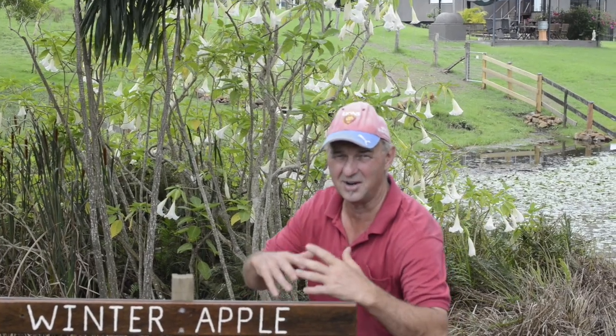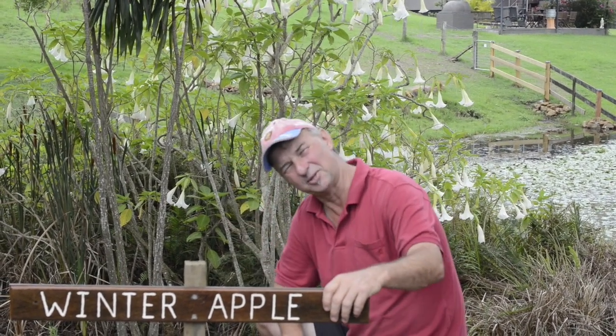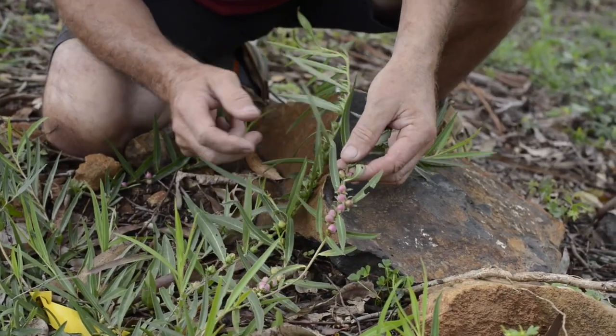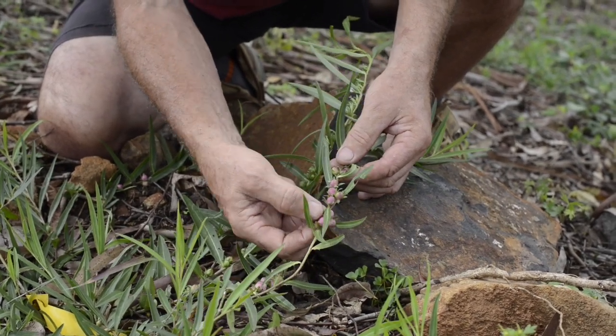You may say, why is that lunatic talking to us about a winter apple when it's the middle of summer in the southern hemisphere? But we're not talking about a tree, we're talking about a ground cover. So come down here with me. On this ground cover here, this string that looks like a piece of runner grass, these little red berries here